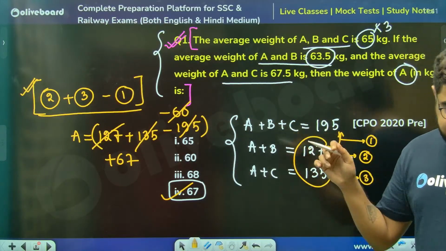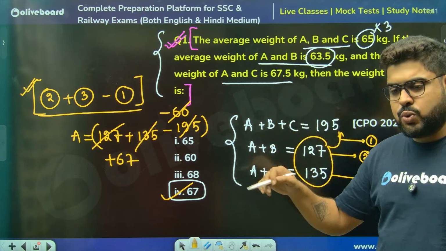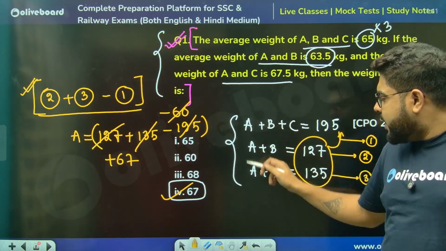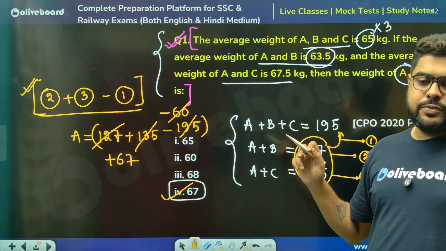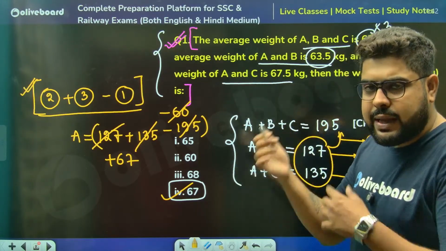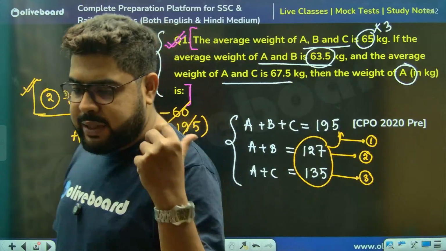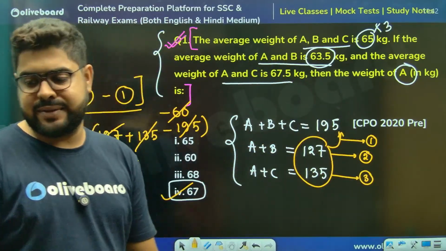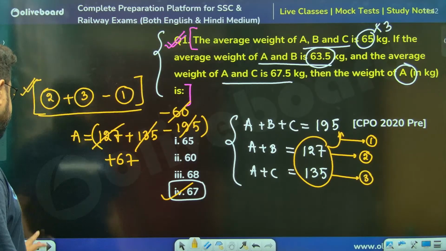So please understand, whenever you see a question, do not go blindly behind it. Especially when you have three unknowns and three equations, just take a deep breath. Please understand, think how we can manipulate the data, what they are asking. How can I segregate that data? Clear, sir? Clear, everyone? Moving on.